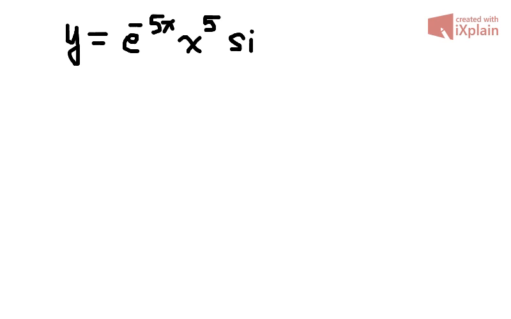Logarithmic differentiation. So when do we use that? Well, let's look at this function here. We have e to the minus 5x multiplied by x to the 5 multiplied by sine of x. Because we have three different functions multiplying together, the easiest way to calculate dy/dx will be to apply